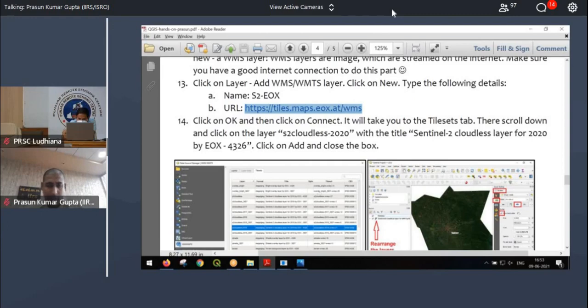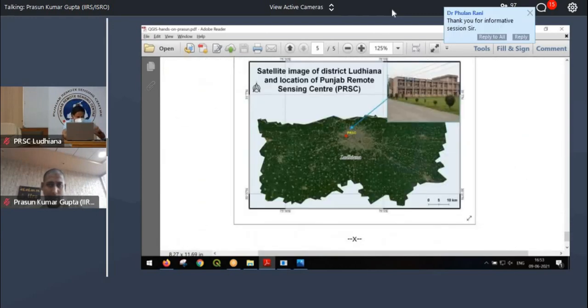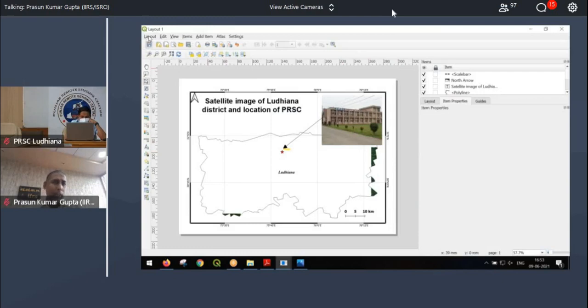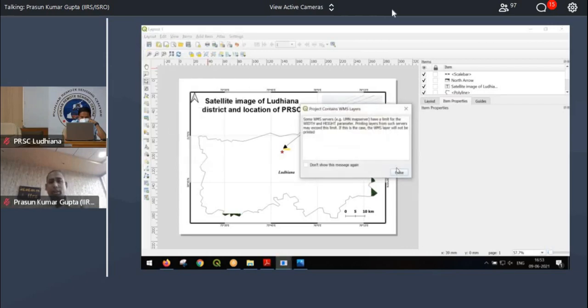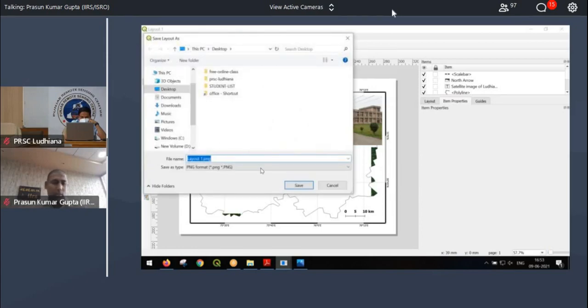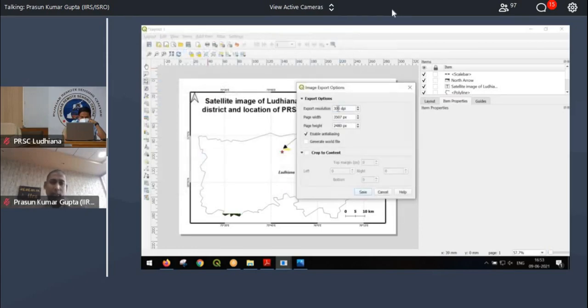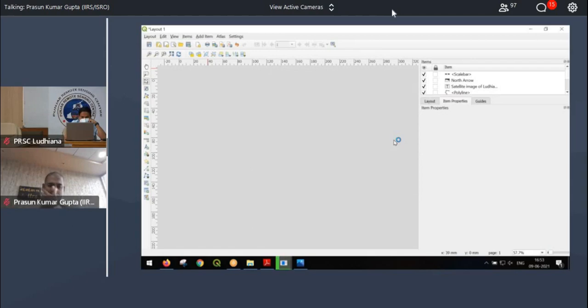Again, all these steps are given here. Most of you have downloaded it already. So we have the north arrow, the grid, scale bar, satellite data, image, arrow, everything is there. That's it. Let's export this to an image file, a simple JPEG image which you can use to put in your report or thesis. Or you can export it to a higher resolution DPI if you want for printing, something like 300 or 600, or a lesser resolution like 90 or 150 if you want it just to visualize in your system.